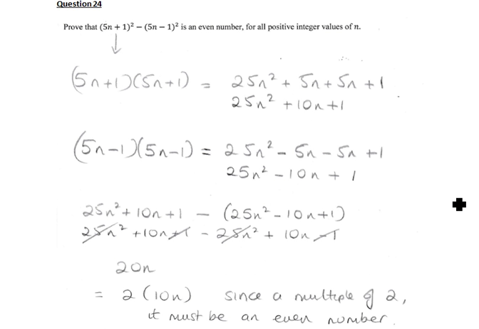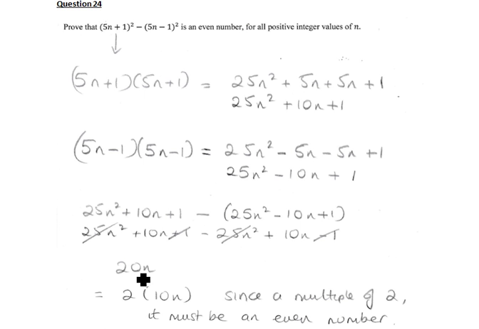So question 24, prove that (5n + 1) squared minus (5n - 1) squared is an even number for all positive integers of n. So if we work out (5n + 1) squared, (5n + 1) times (5n + 1), we work out (5n - 1) squared, and then we subtract. The answer will simplify right down to